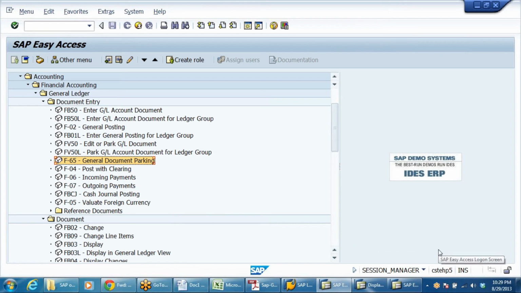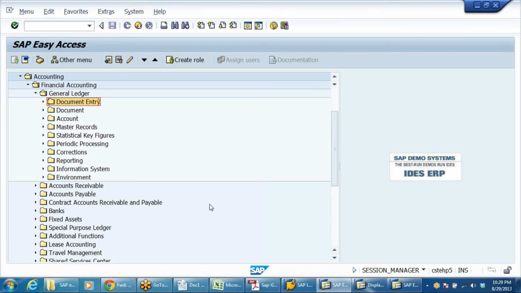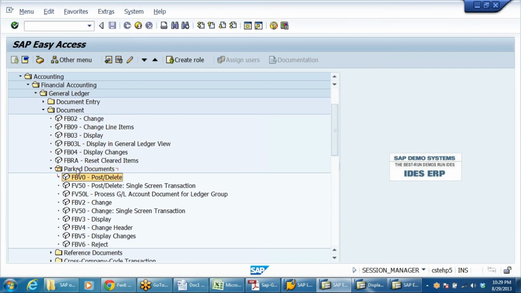Otherwise, if he is in a meeting somewhere, outside, and he comes and wants to see where the documents that are parked are, he'll go to document, parked documents, right? Post or delete, change,